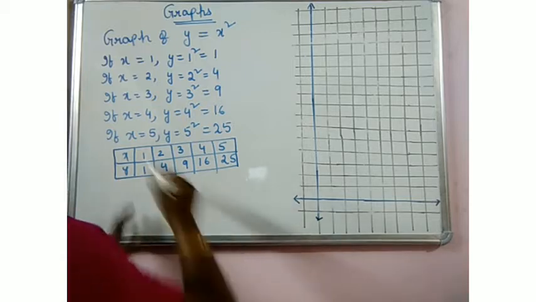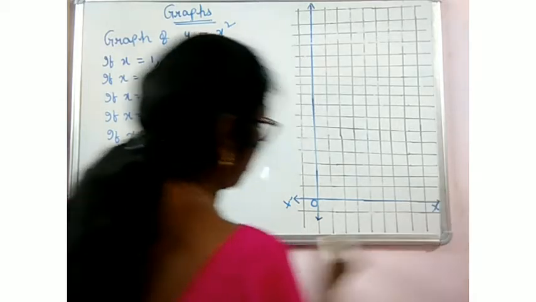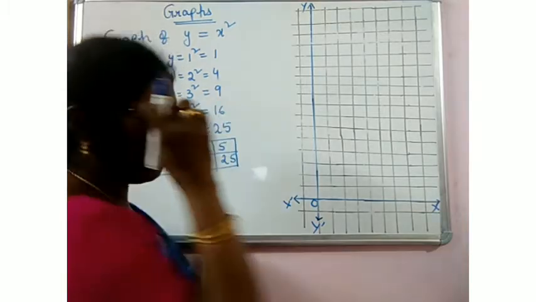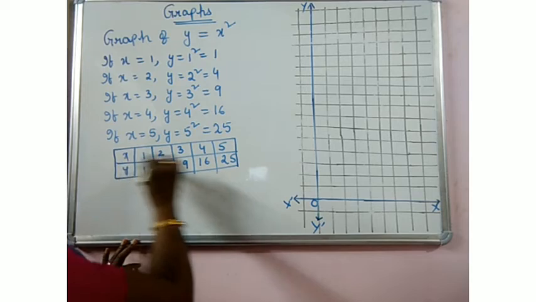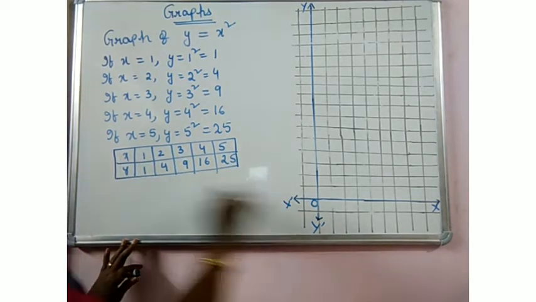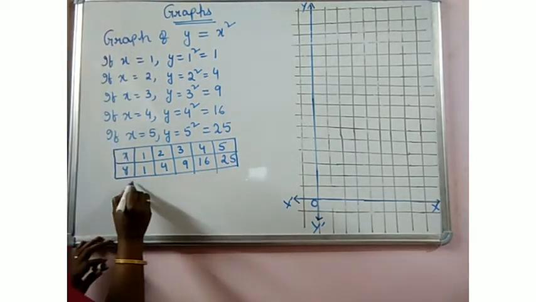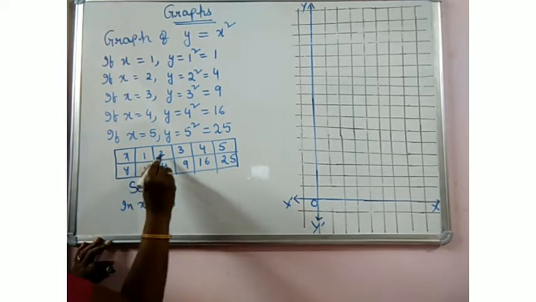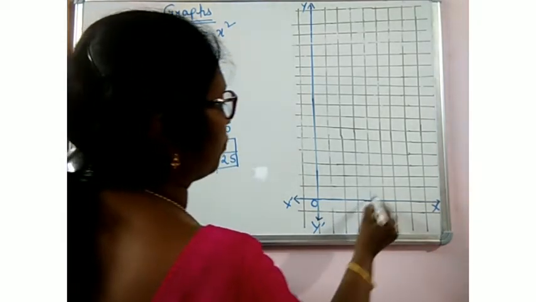This is the horizontal line, x-axis, and the vertical line, y dash over y, is the y-axis. Now, let us take the values 1, 2, 3, 4 on the x-axis. Before doing that, you have to take the scale. Scale is very important for graphs. In the x-axis, you see 1, 2, 3, 4, 5. Only 5 are there in our graph.